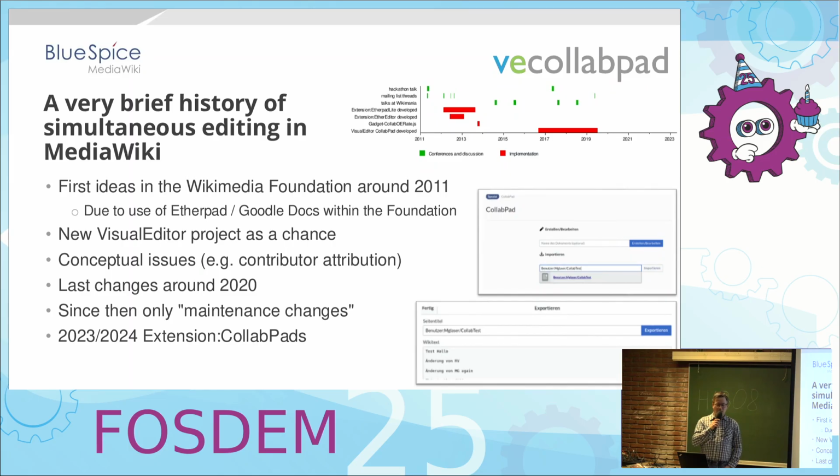The main reasons for that were that there were concerns from the community, from the Wikipedia community, especially regarding contributor attribution. So basically, if there are multiple people editing a wiki page at once and you save that, the wiki can only store one revision of the change, and who should then be attributed as the author of that change, for example. And that was subject to discussions in the community, and in the end,